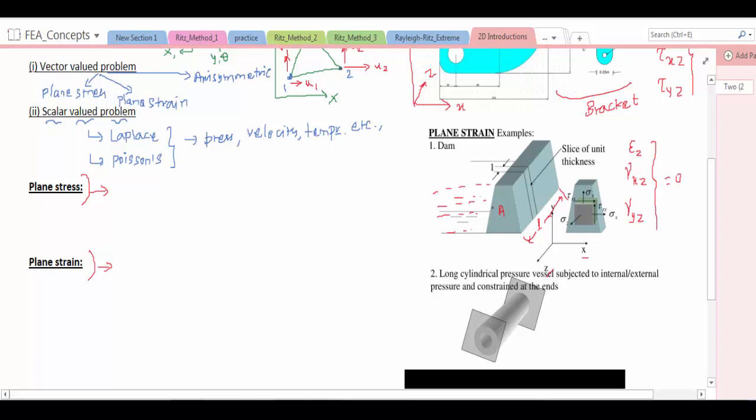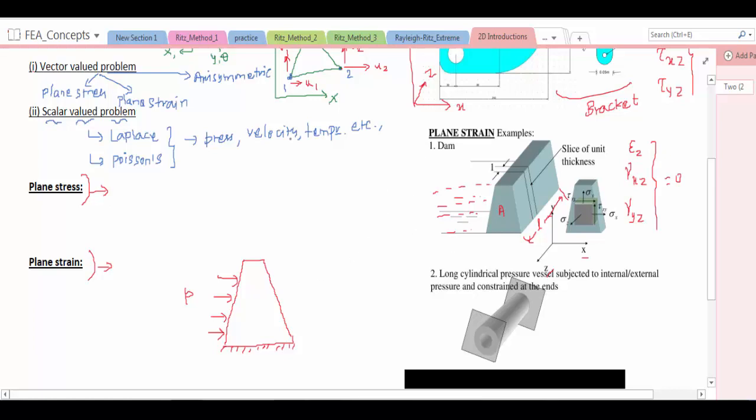Okay, so if you consider it as a plane strain problem, then we will be having a diagram like this, and the water pressure will be acting at this edge. Okay, we can call it completely fixed in this area, and the water pressure can be applied on this edge, and what will be the deformation and stresses produced in this cross section can be analyzed. So that is called plane strain.